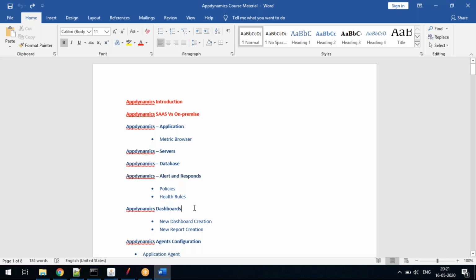And then in the dashboard, I will be showing you how to create a dashboard, what are all the different options available, whether it is a time series one, or you want to create a pie chart, or you want to create only metric data. Like that, we are going to see different flavors of things as well. And then we will be showing you report creation, how a report will be created, those things as well.